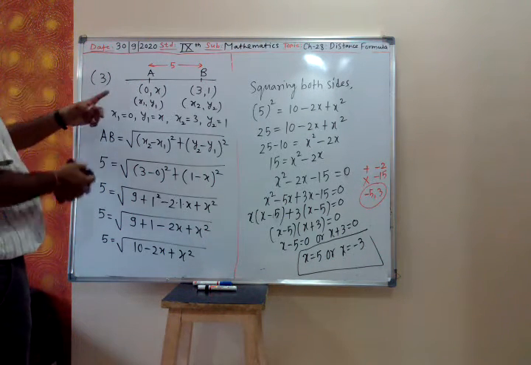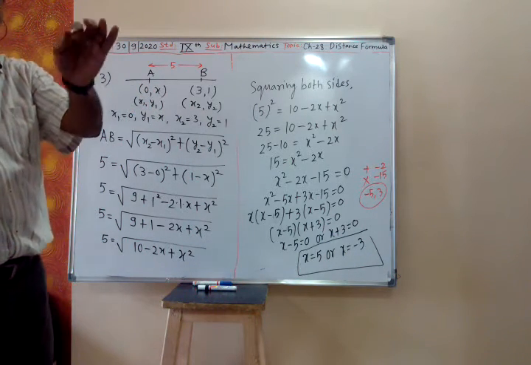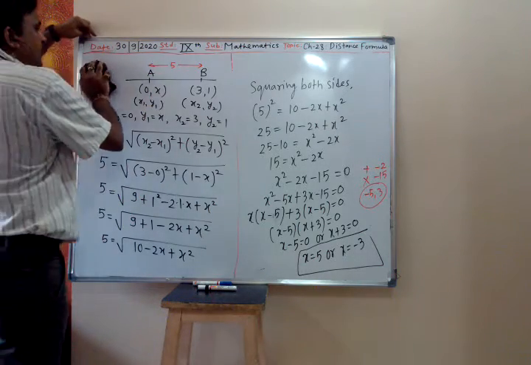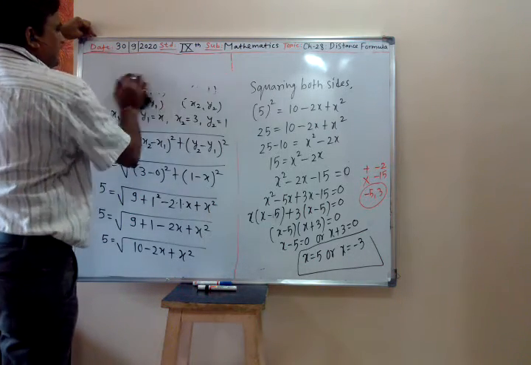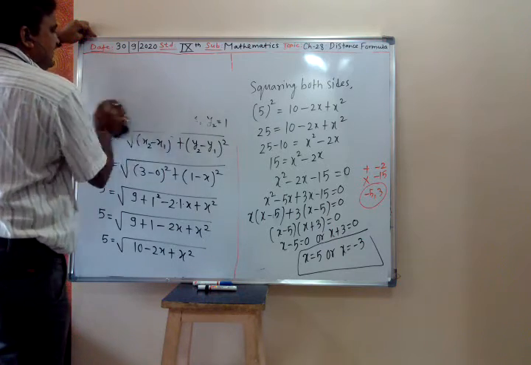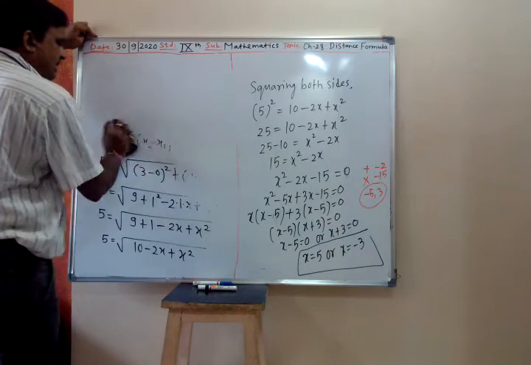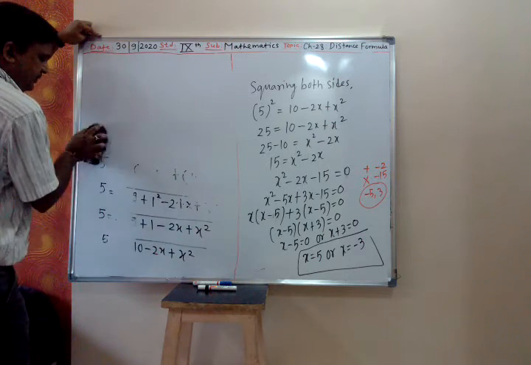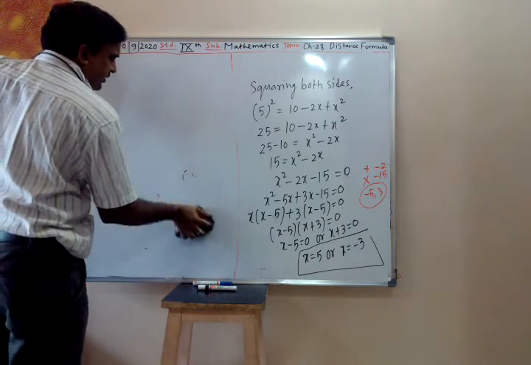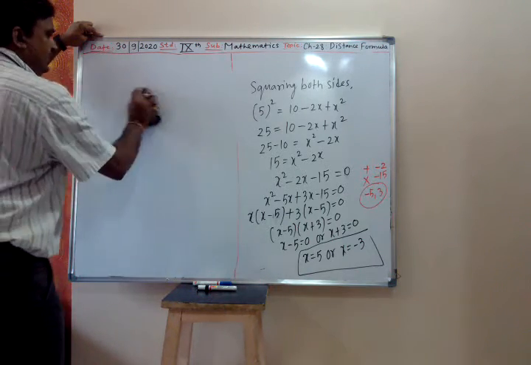Now x is the coordinate. Coordinates of a point can be negative as well as positive, so you have to take both the signs. Whenever it is distance or length, in that case we consider the positive sign. But the coordinate of any point can be negative as well as positive. In this case x is the coordinate of the point, so we have taken both the signs.